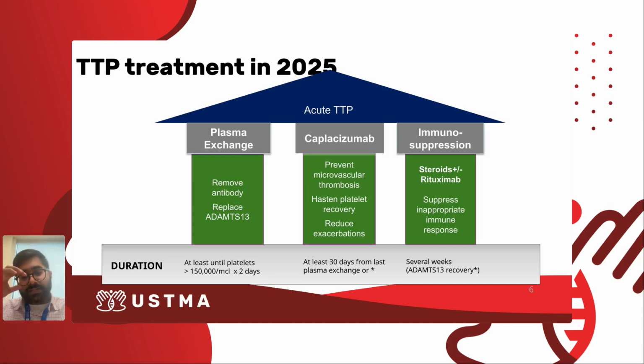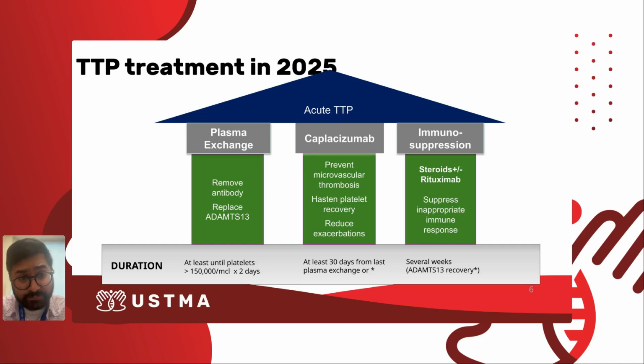So you'll have some additional talks on this later at the end of the meeting, but the current landscape for the acute treatment of TTP includes plasma exchange, which removes autoantibody and then replaces a normal amount of ADAMTS13, as well as caplacizumab, which is an injection that was approved in 2019 by the FDA, and this helps prevent microvascular thrombosis. It helps increase platelet count recovery quickly, and it also can reduce exacerbations while you're on it. And then immunosuppression is also another central pillar of acute treatment, with steroids and rituximab often given in the